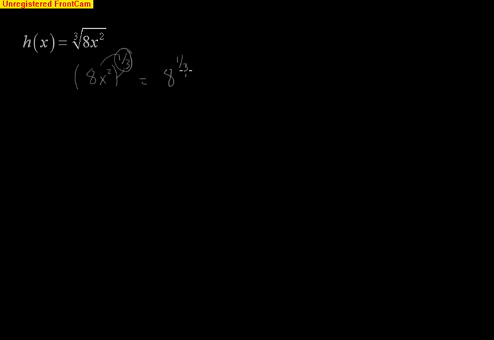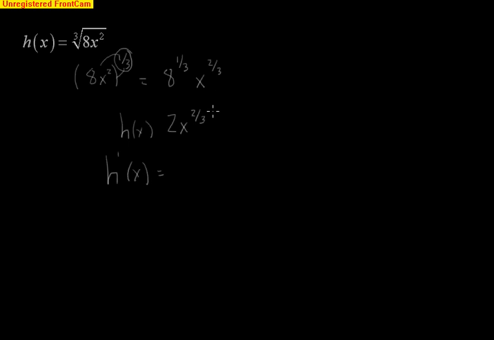8 to the 1/3, x to the 2/3, because power to a power, we multiply. 8 to the 1/3, or the cube root of 8, is 2. And then we have x to the 2/3. So this is our new h of x. Now the derivative,